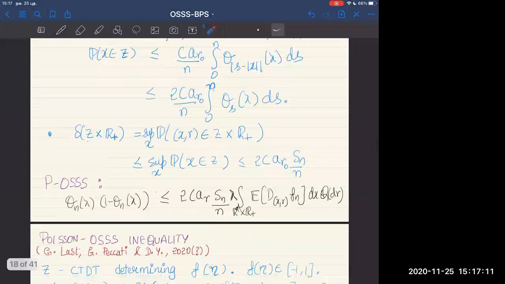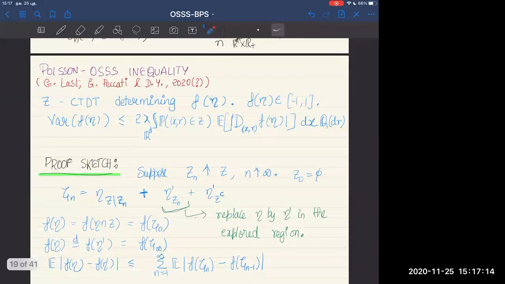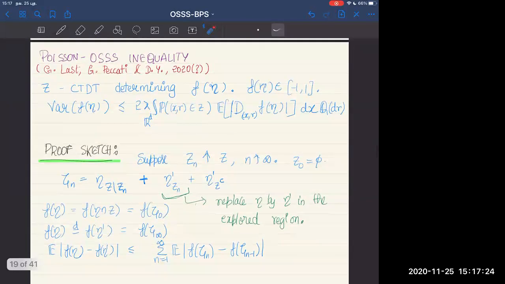Okay, I won't say too much on the proof. You can find it in the slides on the website. The proof goes by a very nice interpolation argument. This is what we want to prove. The simple interpolation trick is,